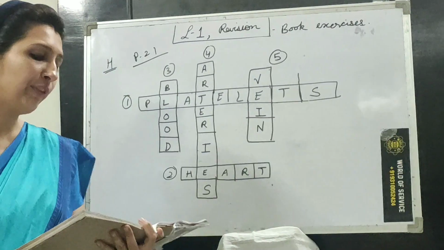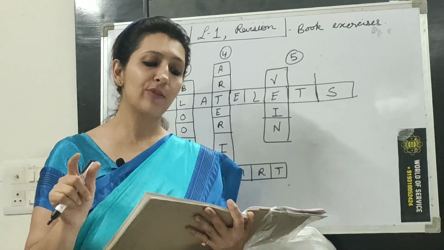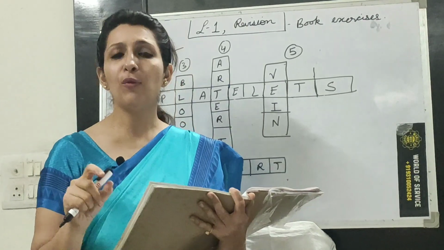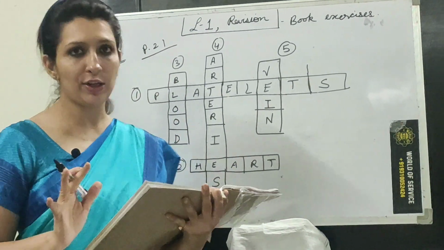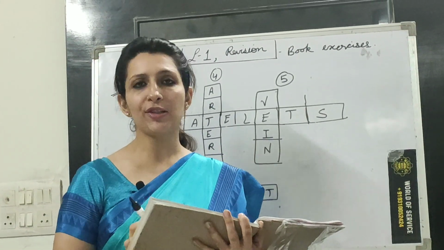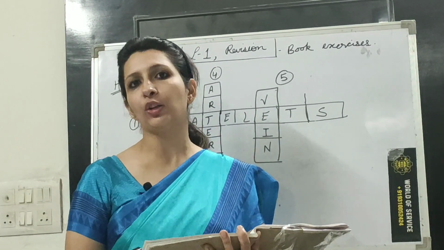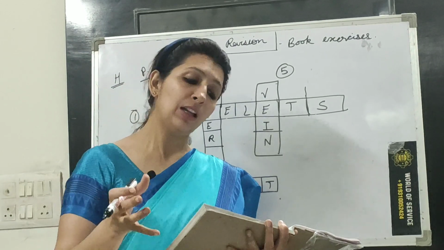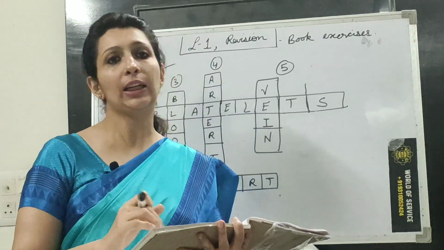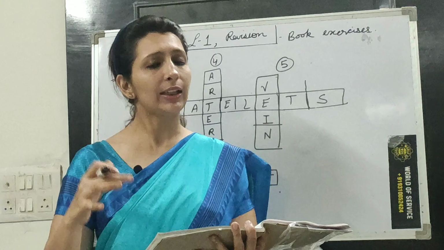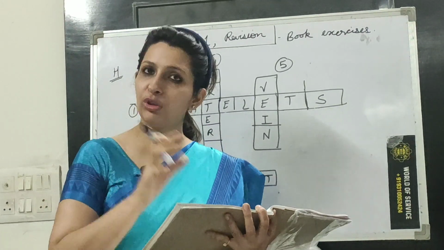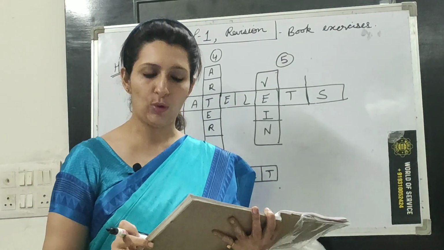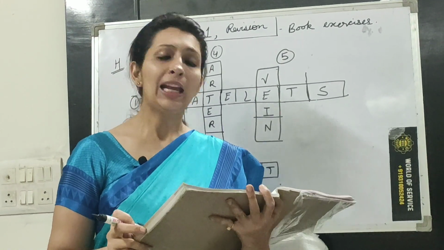Okay, children. Now we will start the H part, that is read the clues and solve the crossword puzzle. Now, children, when it comes to crossword type of questions, these type of questions can come as a name the following also. They can come in name the following, true or false, or any such way. If you know the concept, whichever way it comes, you will be able to answer it. The first one, across.